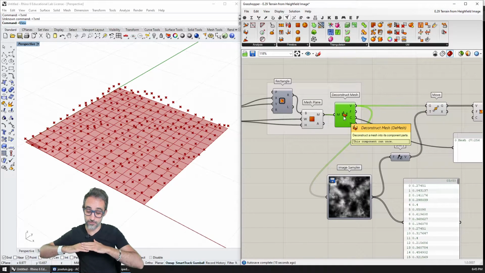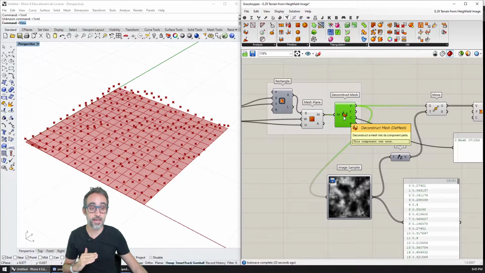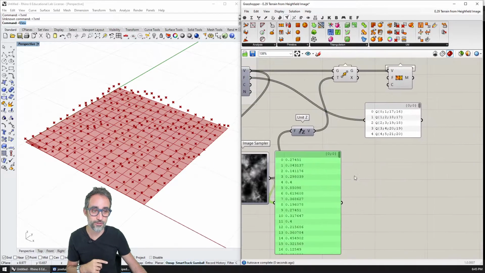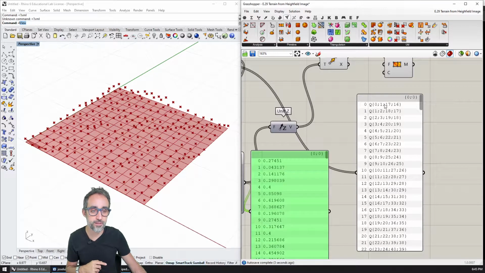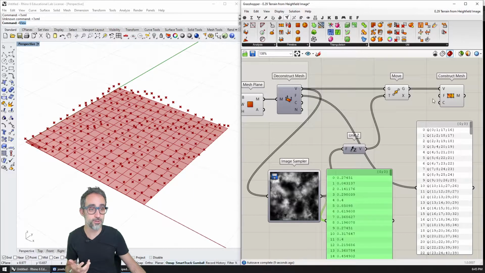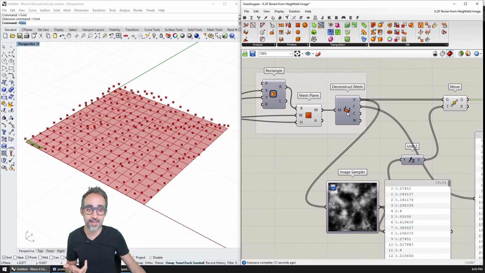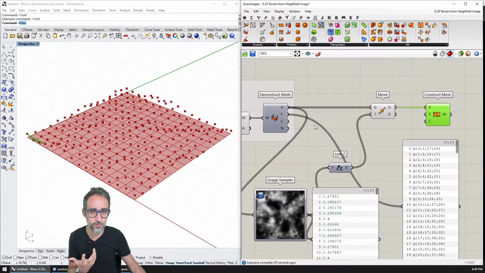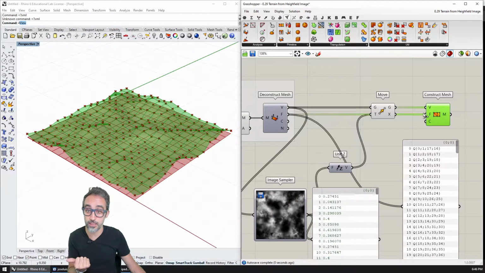Because since I created a flat mesh that already had the information for the connectivity of the faces, so it already had all the quad faces and all the indices, this information would have been pretty difficult to recreate in order to make this mesh now. Because the topology is the same, the same points are going to be joined with the same points. It's just that I have moved them in the Z height, but they are going to be connected with the same quads. So that's why I can reuse this information. It's going to come in very handy now to just plug in here directly.